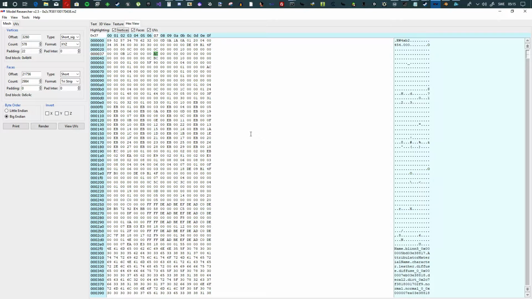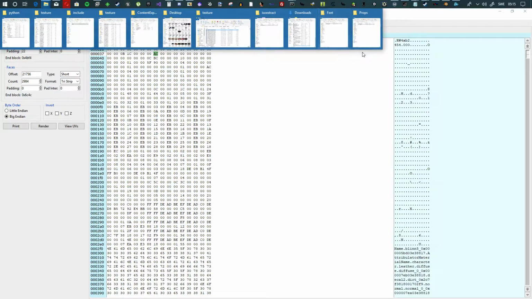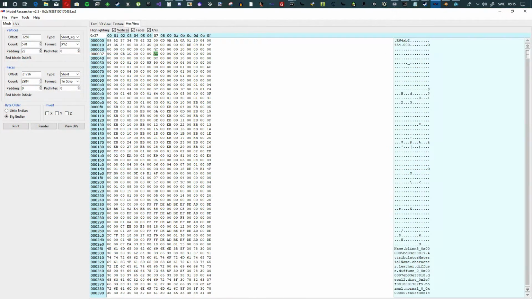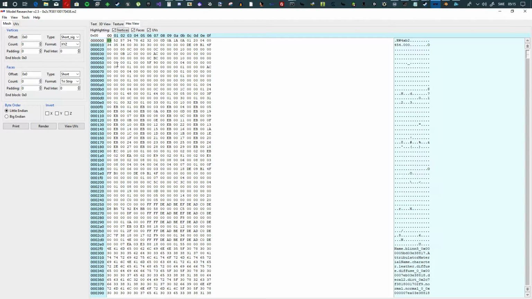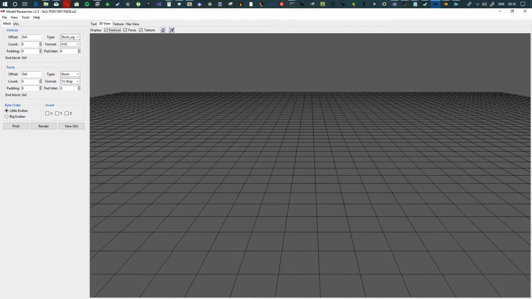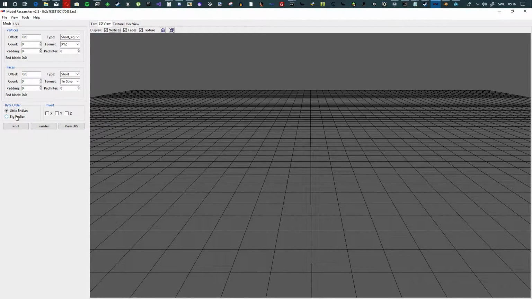So okay, let's do the process here. Let's go through it. I have a model here, and I will open it up again. It is Rob's shoes, the prop shoes. It's the extra shoes for him. And so first off, when we start this up, we'll have nothing, okay? So we make sure first the byte order is always going to be big endian,